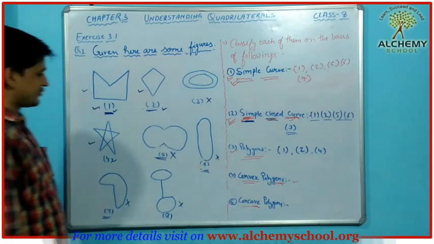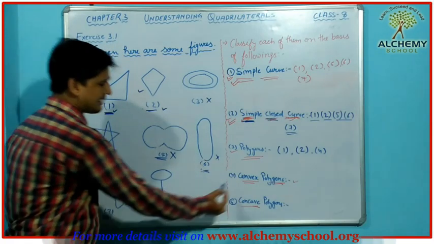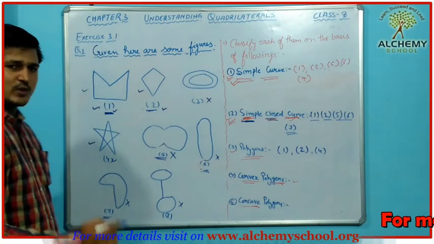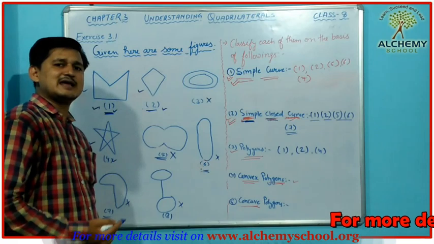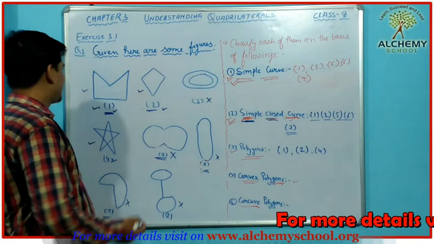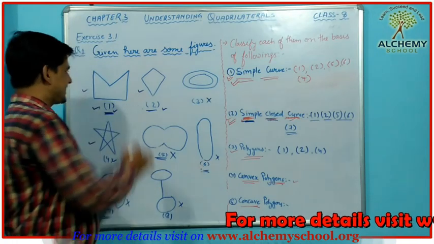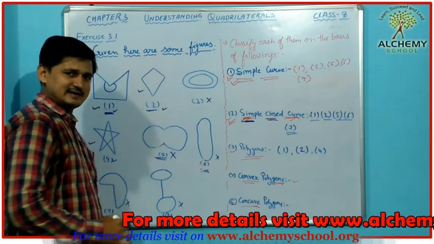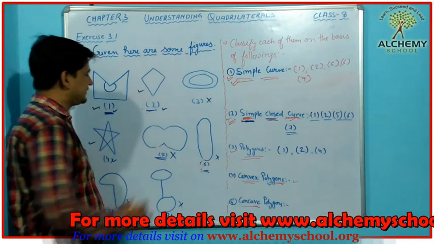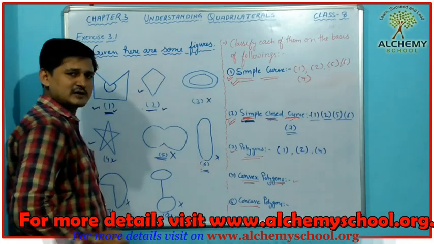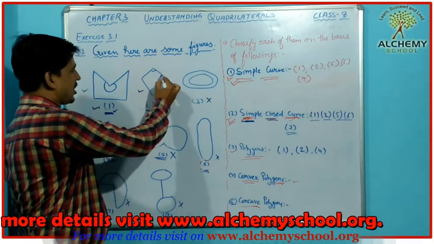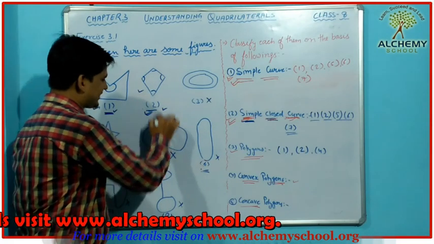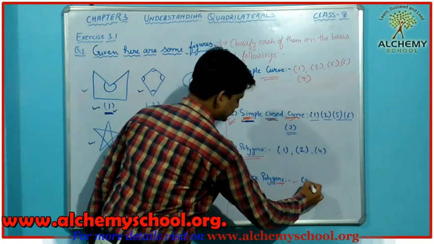Now the next we are going to discuss about convex polygon. Convex polygon means where all the angles should be less than 180 degree. So when we observe the first figure, in this figure this angle is more than 180 degree. So this is not a convex polygon. When we observe this next polygon, here all these angles are less than 180 degree. So it is a convex polygon. So we can write here figure 2.